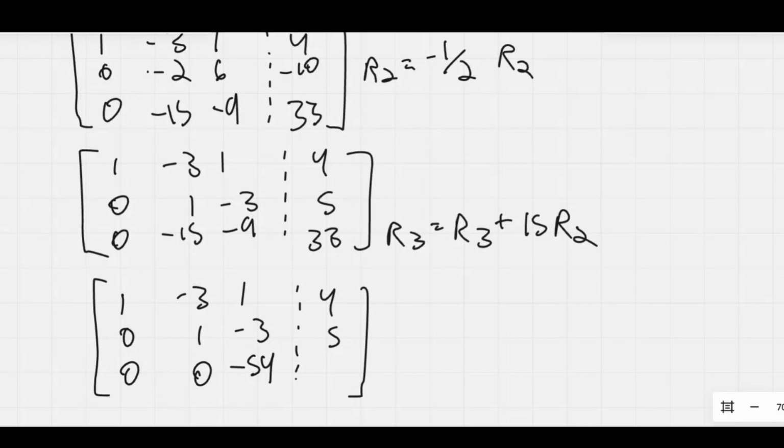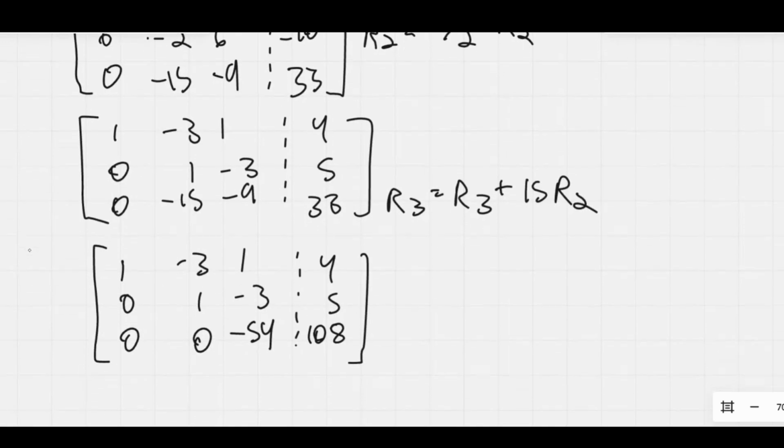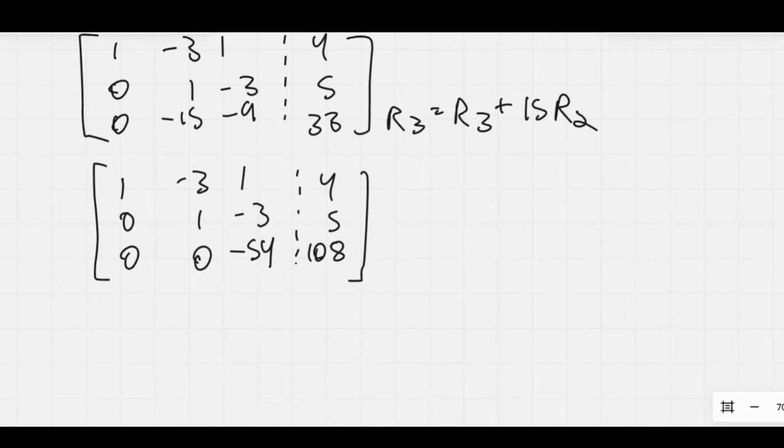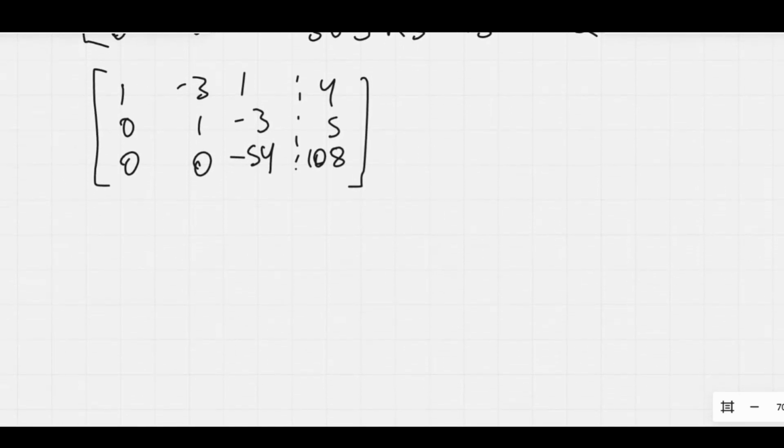And 15 times 5, a little complicated. Well, that's going to leave us with 75, and 75 plus 33, well, that's going to be 108. All right, you can see the equation and the solution forming up. All right, and so what this translates over to is actually a system of equations that looks like this: